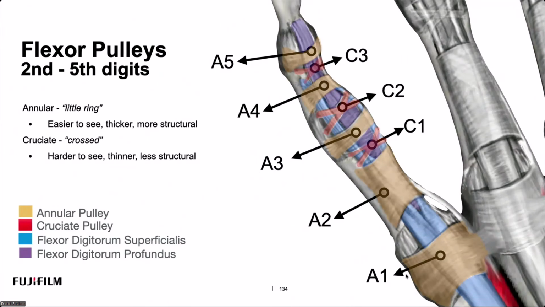So we have the pulley system holding the tendons to the fingers. If you were to bend the fingers without this pulley system, the tendons would just bowstring across. And we're not going to go into all the pathologies. We just don't have time in the short amount of time that we have. But I will cover the survey of the hand and how to find these things and how to evaluate them.